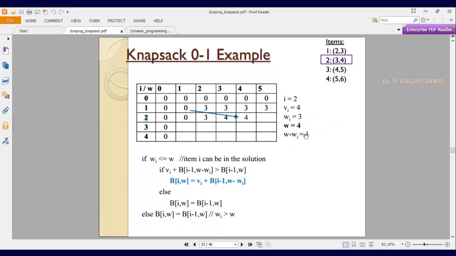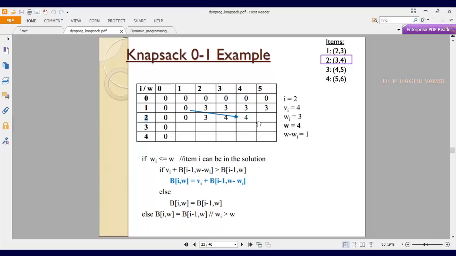Sorry, 4 minus 3 is 1. So 1 comma 1. What is the 1 comma 1 value? 0. So this 0 will be compared, added with the value of I, that is 4. 4 plus 0 is greater than B of 1 comma 4. What is the 1 comma 4 value? 3. So whether this 4 is greater than 3. Since 4 is greater than 3, whatever the maximum value is, that we are supposed to